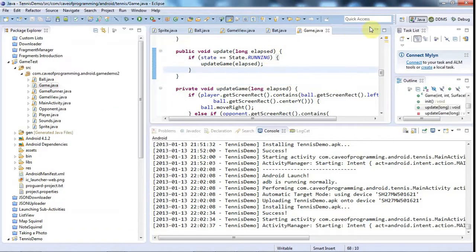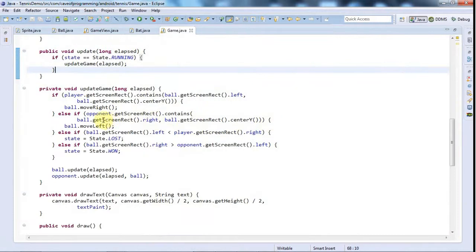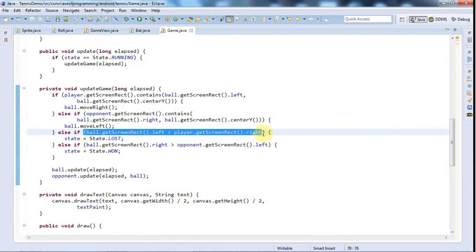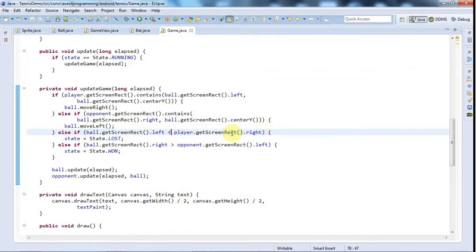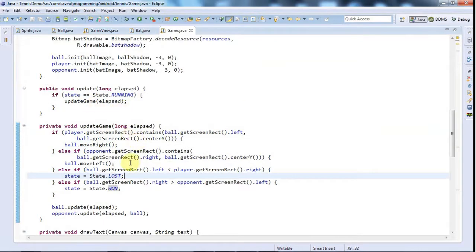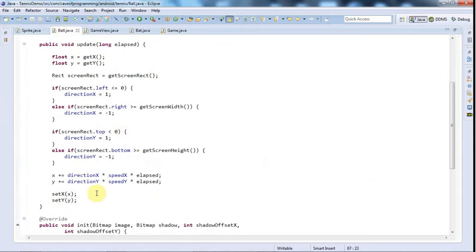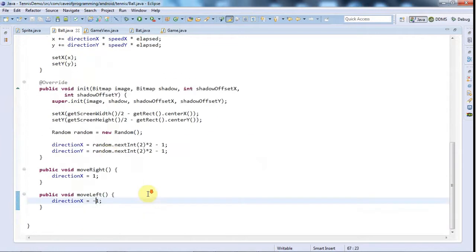So one thing I need to do is we know that we've lost because it detects that the left-hand edge of the ball is further left than the right-hand side of the bat, and that's how it knows that it's lost. So in the case that the game is lost or won, we need to make sure that the ball is moved back to the center. So if we look at ball now, what actually puts it in the center is the init method,